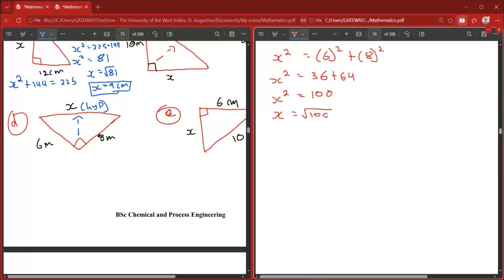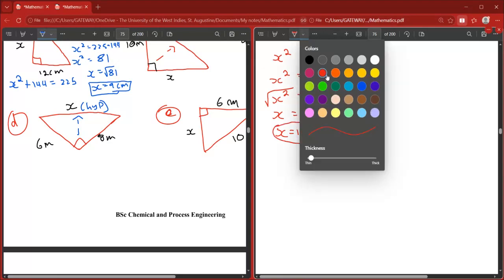To get rid of x squared and get x, you find the square root of x squared. You'll get x. And then you need to find the square root of 100 as well. So x is the square root of 100, which is basically 10. This will be meters. Right? The next part,